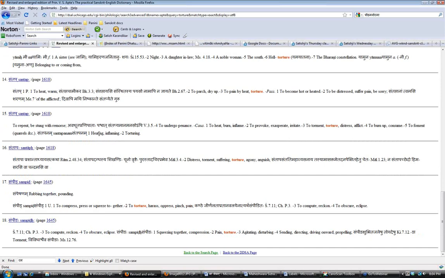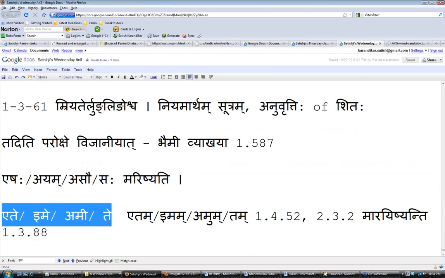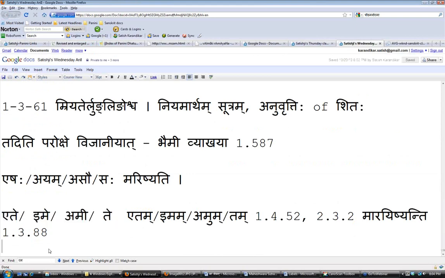You can do a reverse search in English to Sanskritam. If you want to speak in Sanskritam, you can use this very nicely and get all kinds of nice, proper usages from this dictionary. So anyway, let's use Uttapa, which is given in the book for us. So we can put all these ete, ime, amite. So let's put down here.